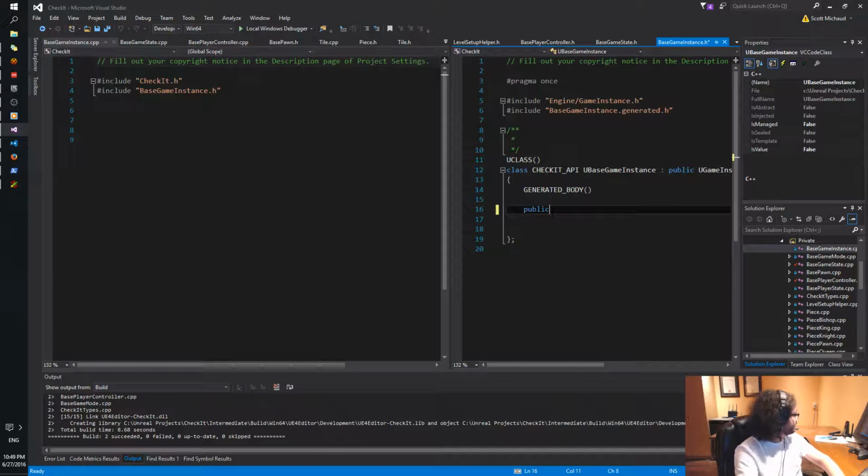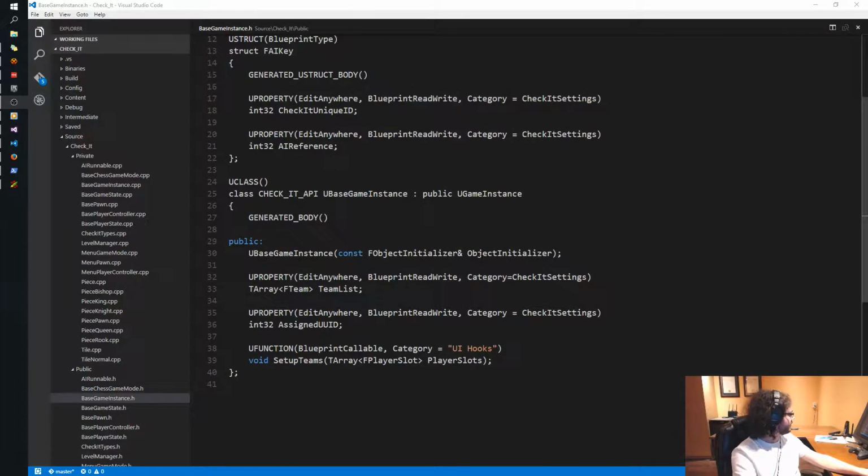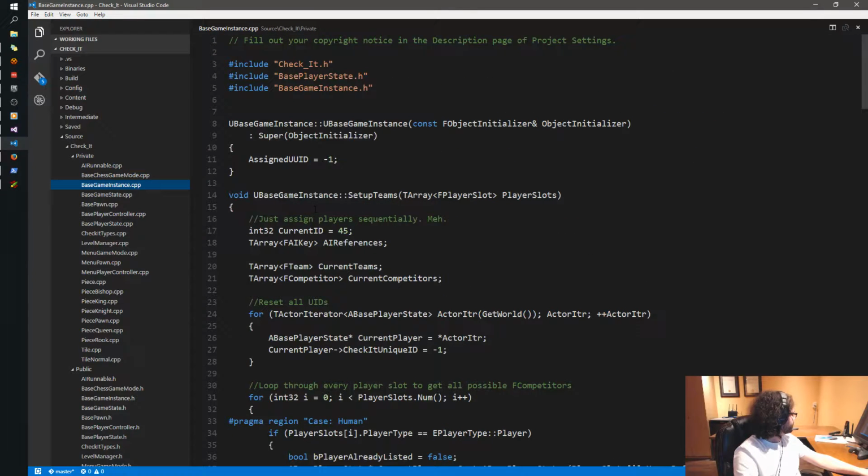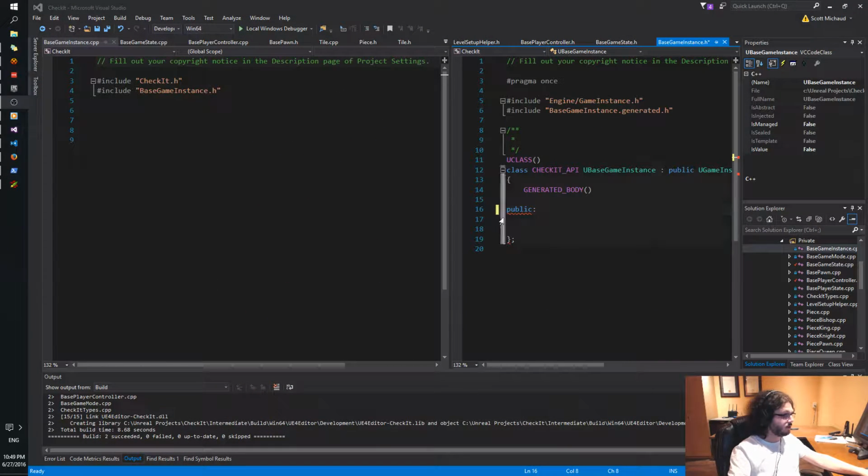We'll do public. Why do I need object initializer? If we look over here, I had object initializer here, but I don't know why I would do that, because I don't think I ever needed it in my constructor. No, my constructor didn't need it. Oh well, let's just have a more standard constructor then.